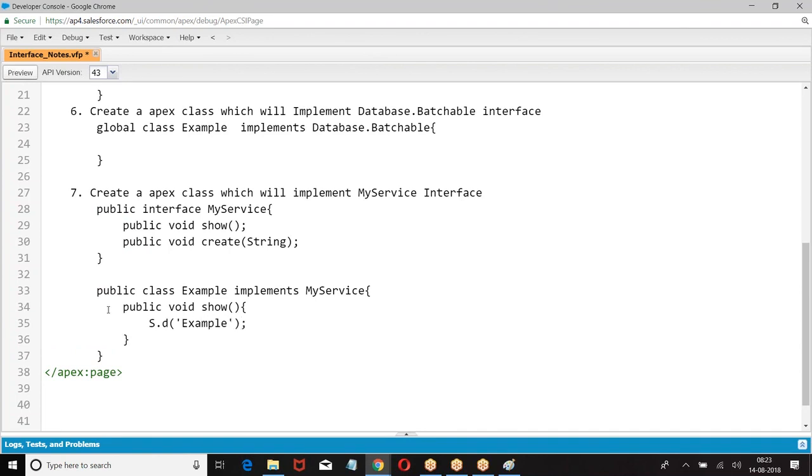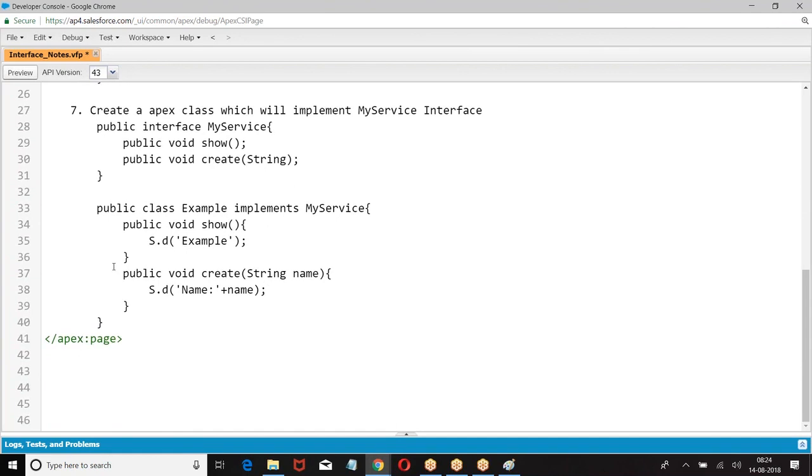Any logic, your choice. Public void. Can the class have its own methods? Yes. Okay, a class can have its own methods apart from those methods in the interface.